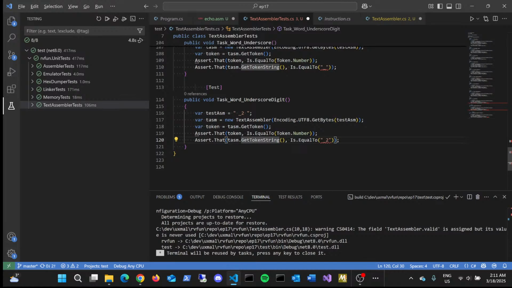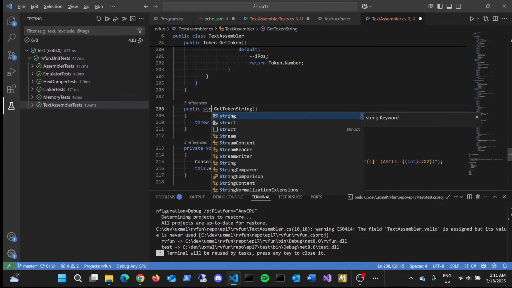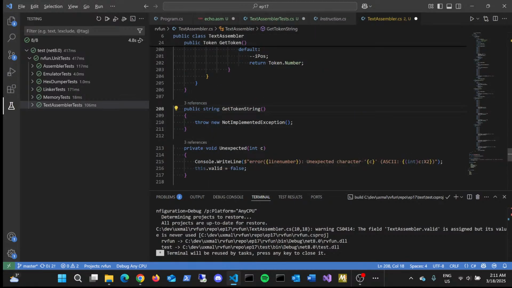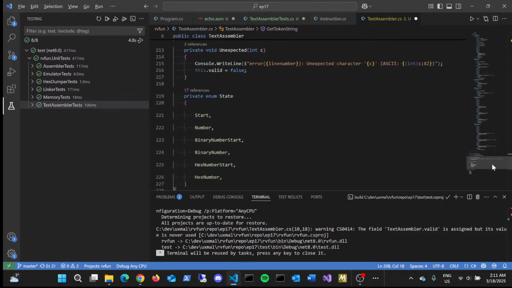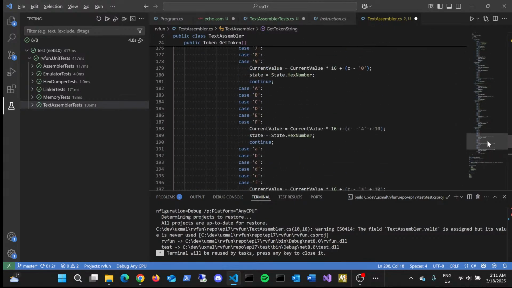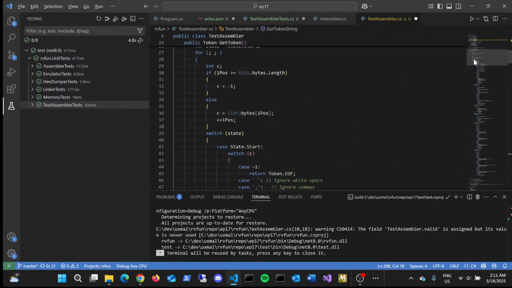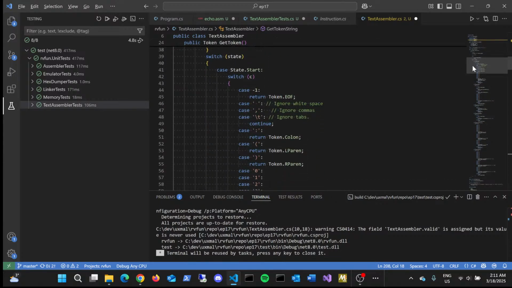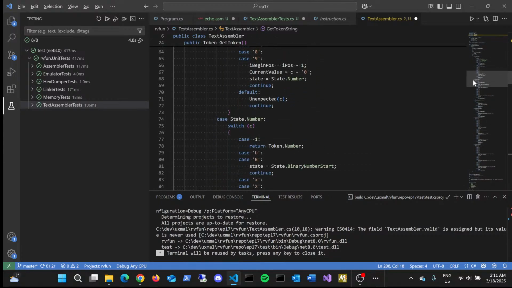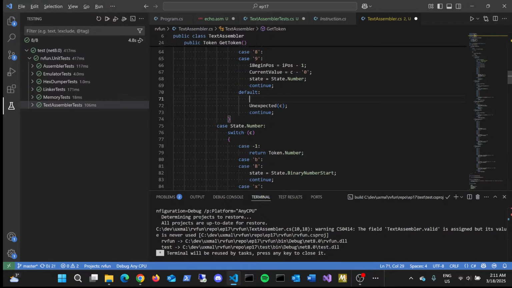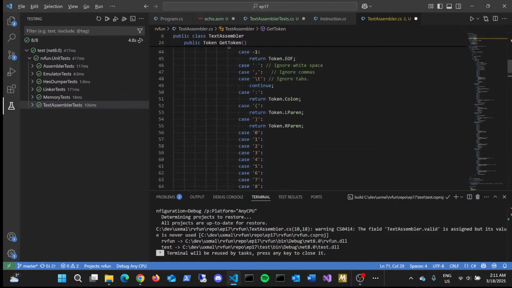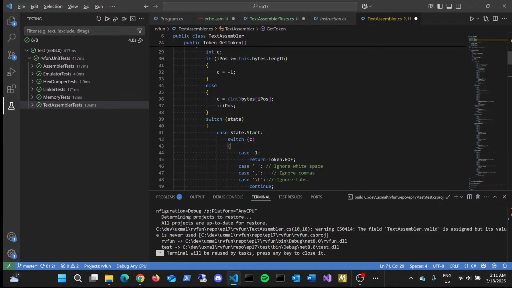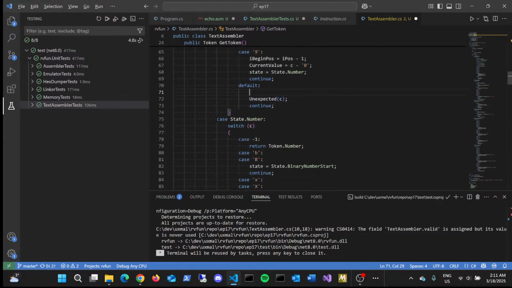And how do we proceed? Well, at this point, in our default case, the default case inside of the state start, we would